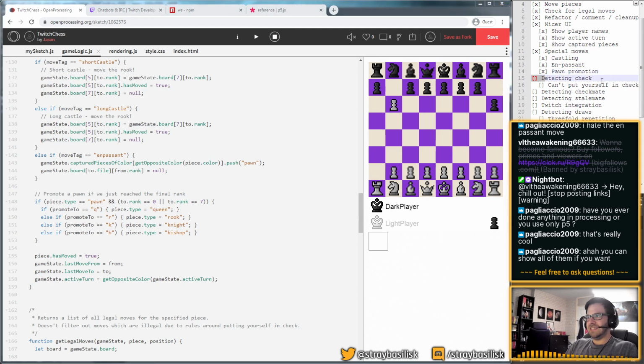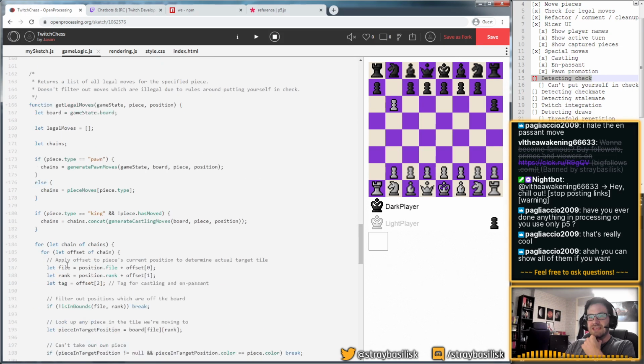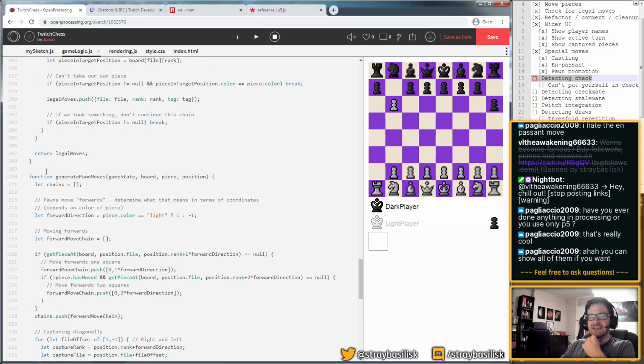So the next thing is detecting check. The way I want to do that is, we've got get legal moves, so I want something which is like, am I under attack? Or is a certain square under attack, I suppose.